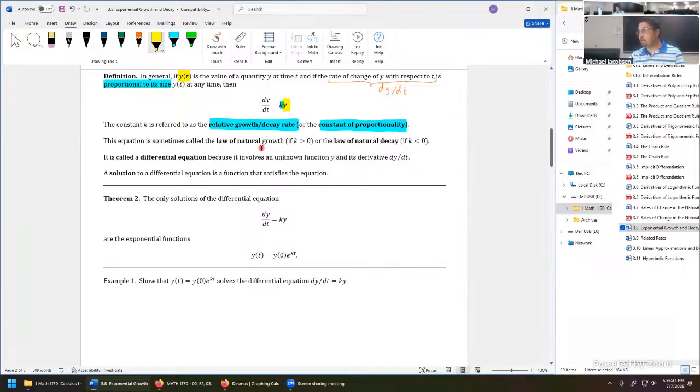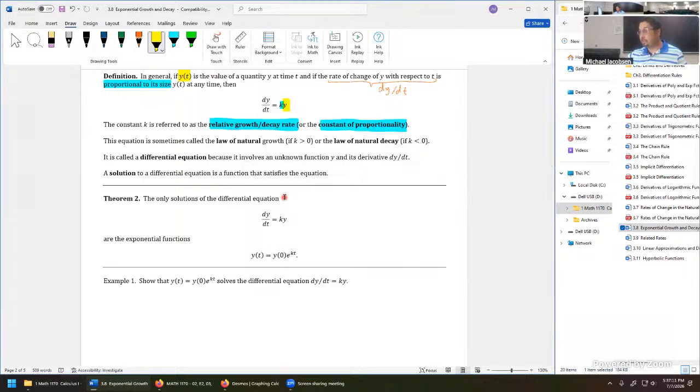Just a little bit more context, we'll call this the exponential growth equation, or the law of growth, if that constant is positive, or the law of natural decay, or the exponential decay equation, if k is less than 0. It's a differential equation like we mentioned, because the unknown is an entire function. So that's the bigger, wider context that's usually not mentioned very often, at least not with this full notation, in a pre-calculus 1 course. And theorem 2 gives us the full set of solutions to any differential equation like that.